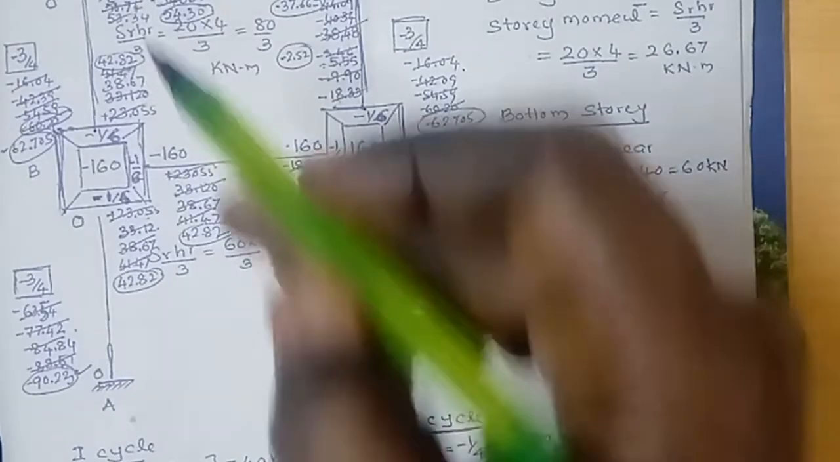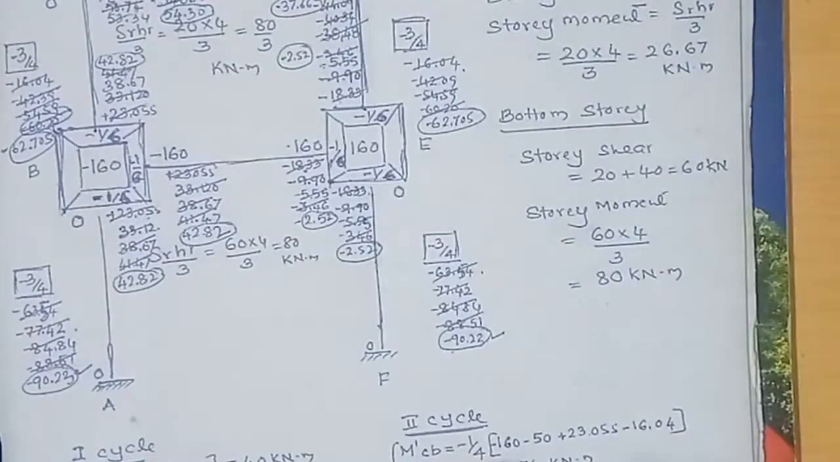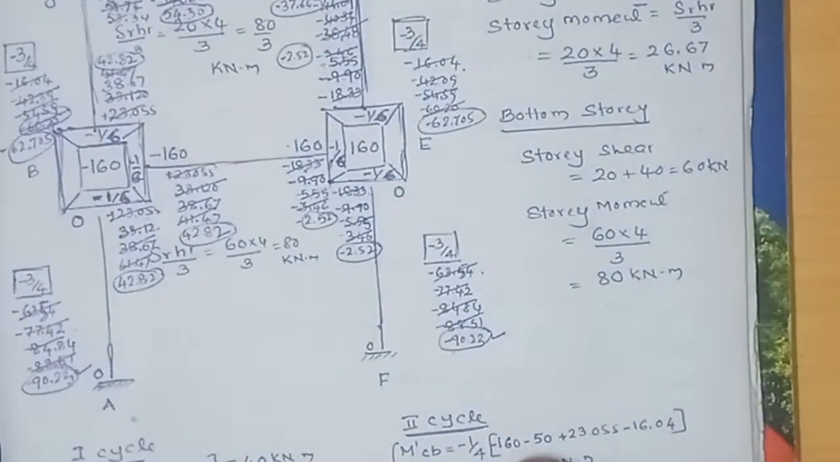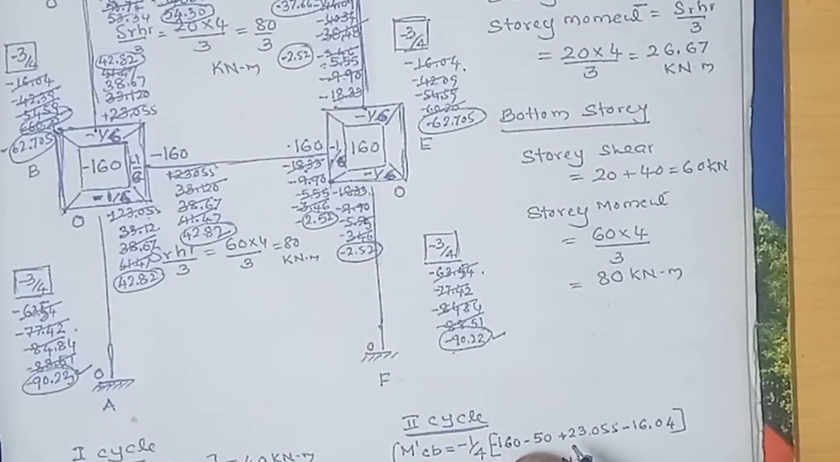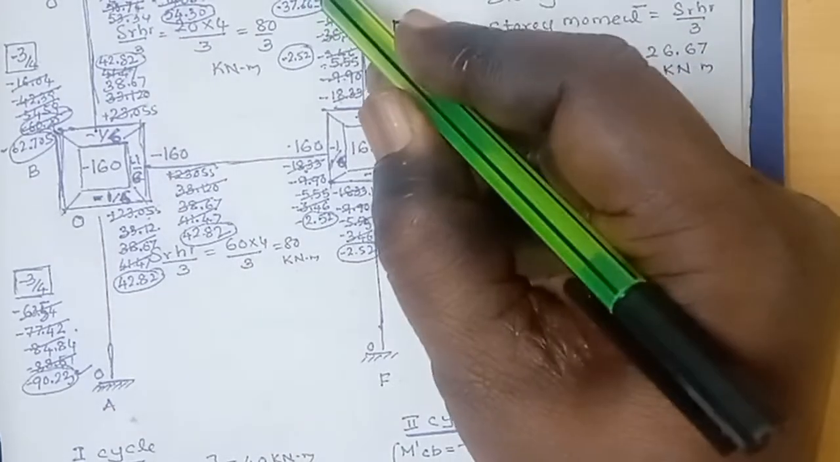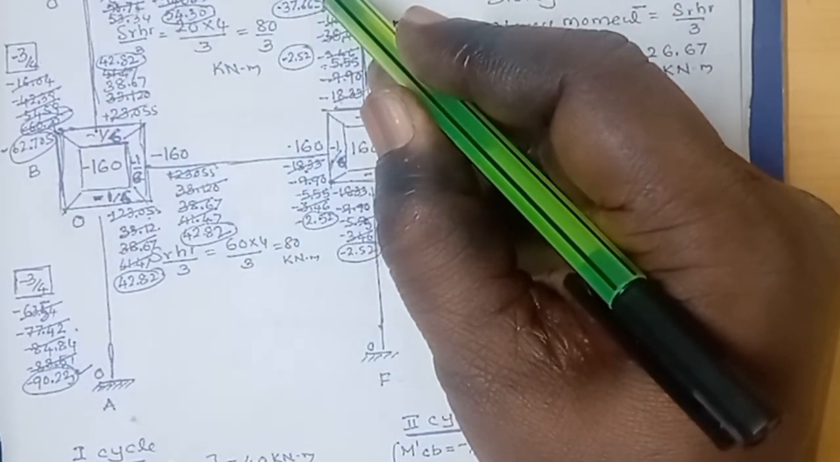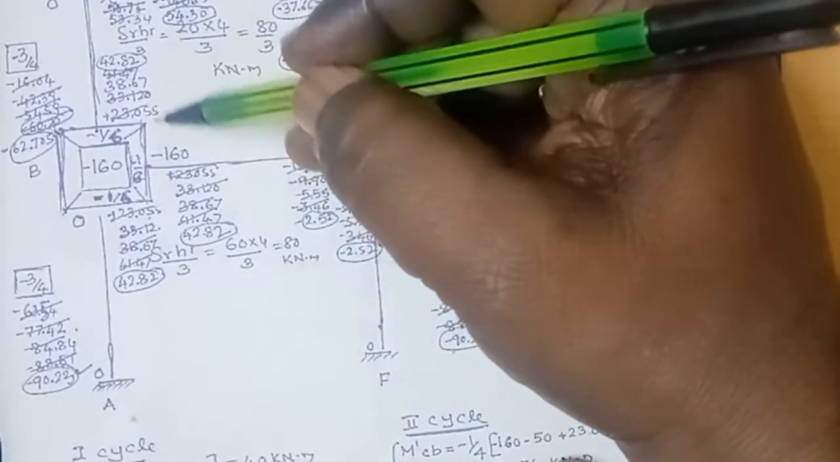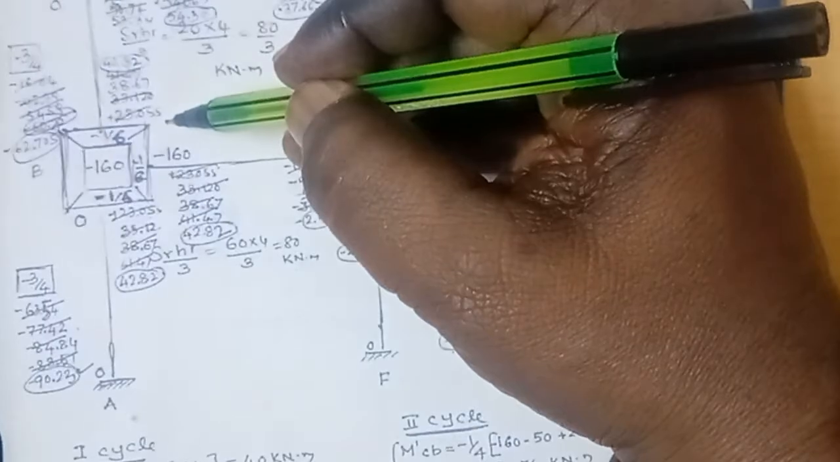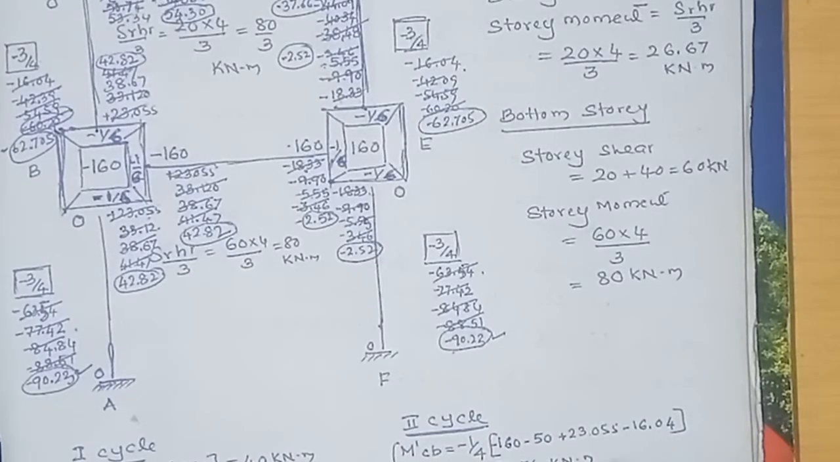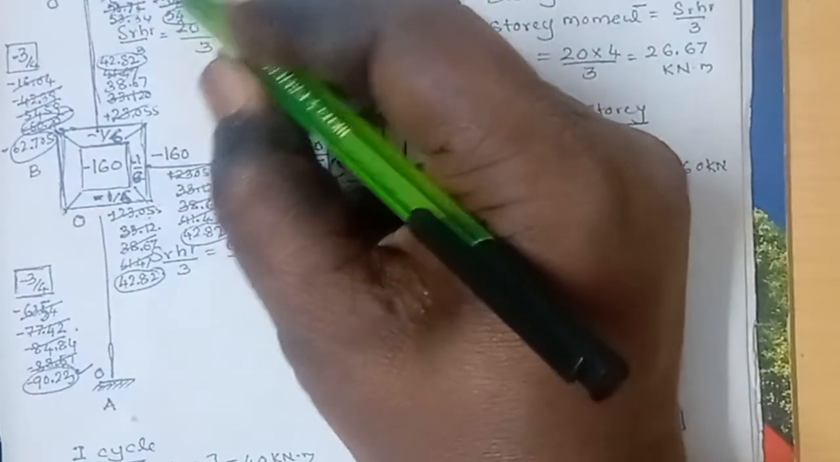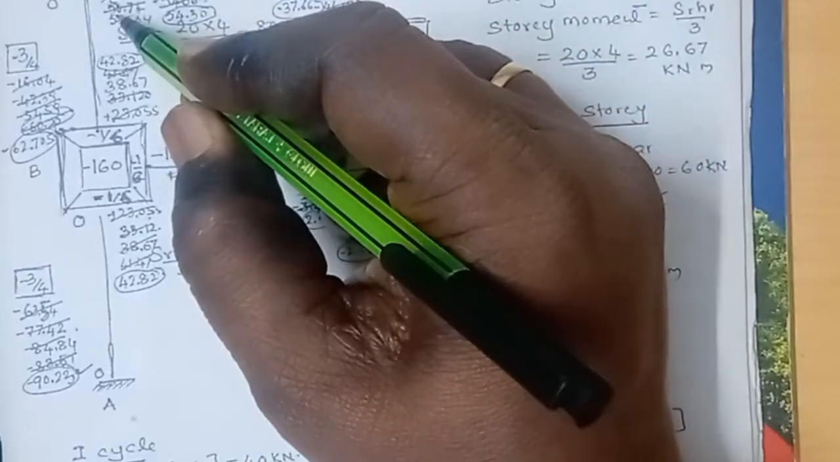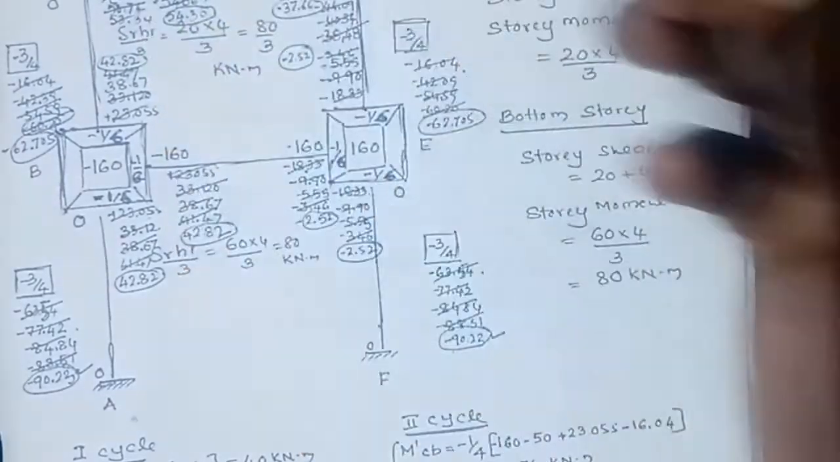the rotational factor is minus 1 by 4. Sum of the fixed end moment is minus 160. The far end contribution from this end, that is minus 50. From this end, that is 23.055. The displacement contribution is minus 16.04. That equals 50.74. Then we have to strike out the first cycle value, then we have to write the second cycle value, that is